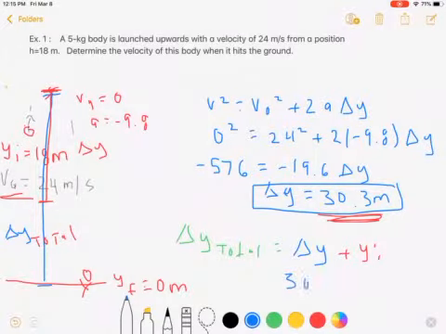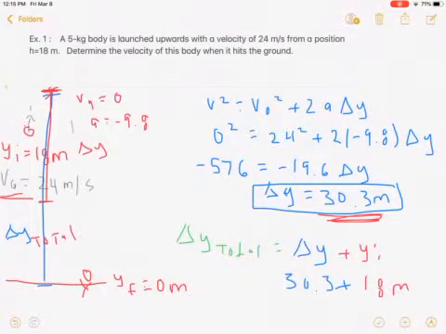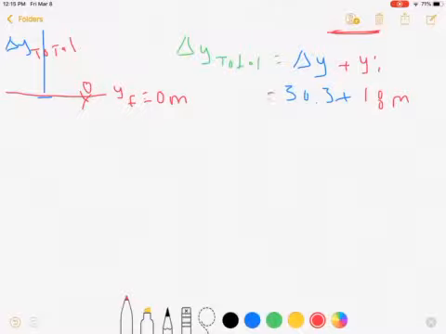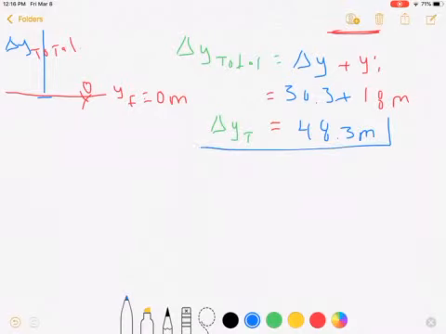So I'm going to have 30.3 plus 18 meters. I'm going to get that my total delta y is equal to 48.3 meters. So the object's total height above